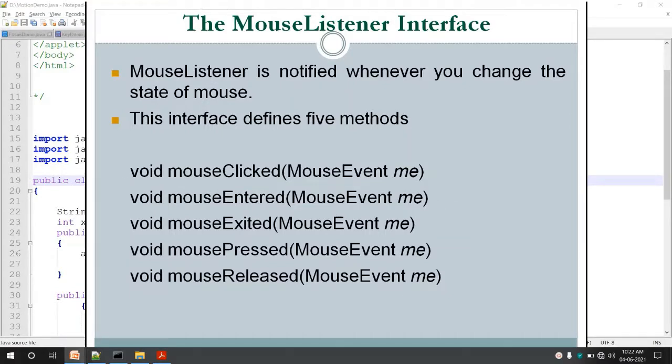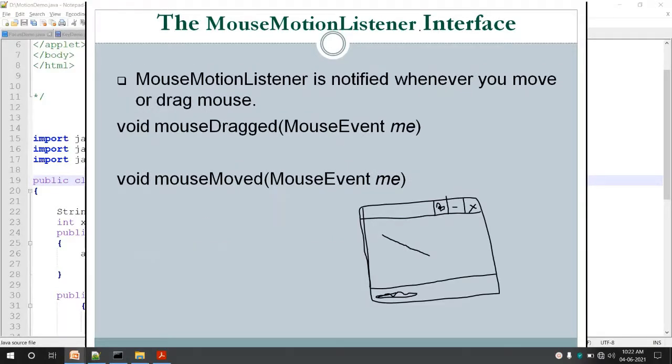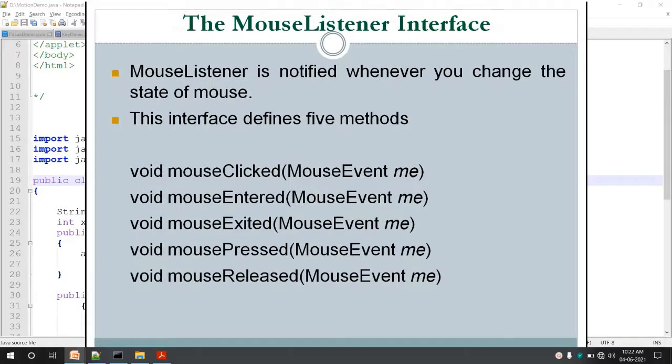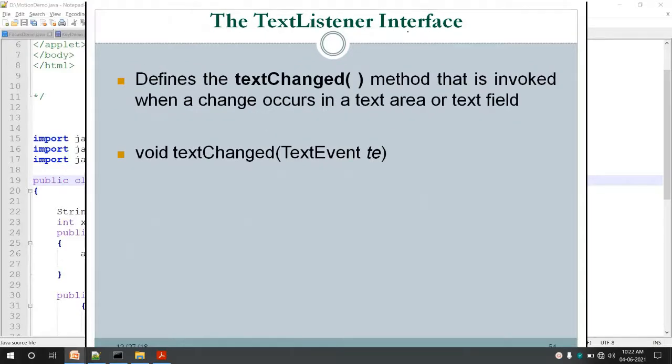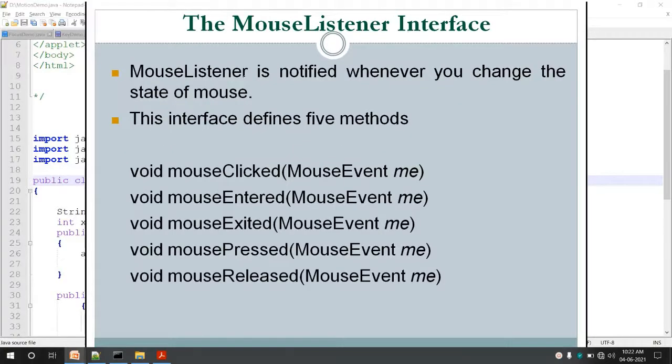Now the next interface is the MouseListener interface, which is different from the MouseMotionListener interface. Now what is this MouseListener interface? The MouseListener interface is notified whenever you change the state of a mouse.